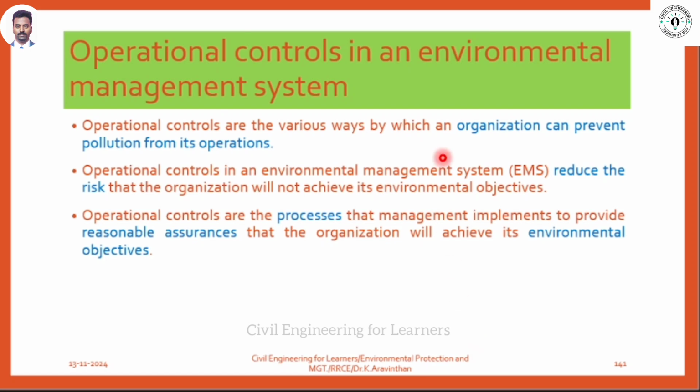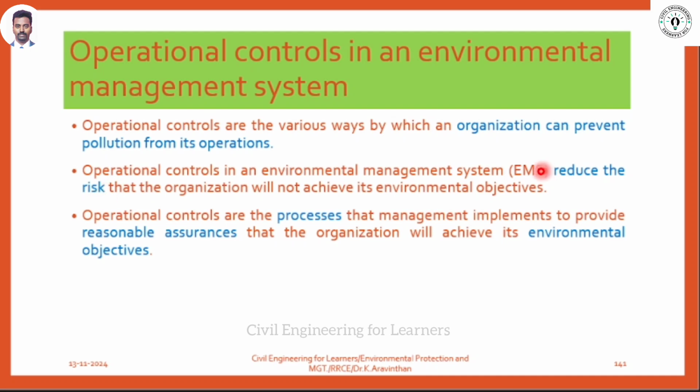Yes, the definition is, in an organization, if you want to reduce risk, you have to follow operational control. If this operational control is not monitored, what happens? Risk will increase. Not only in the manufacturing process, even in effluent also. Imagine the water is not flowing in a pipe. So you have to remove the blockage. That is the engineering control option which you will be using, and I will give you an example for that. If an organization follows operational controls, they can prevent pollution from its operation. They can reduce the risk.